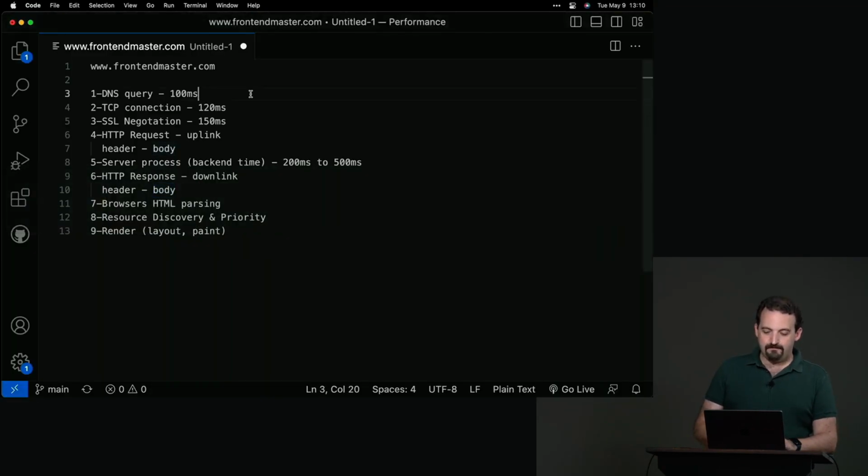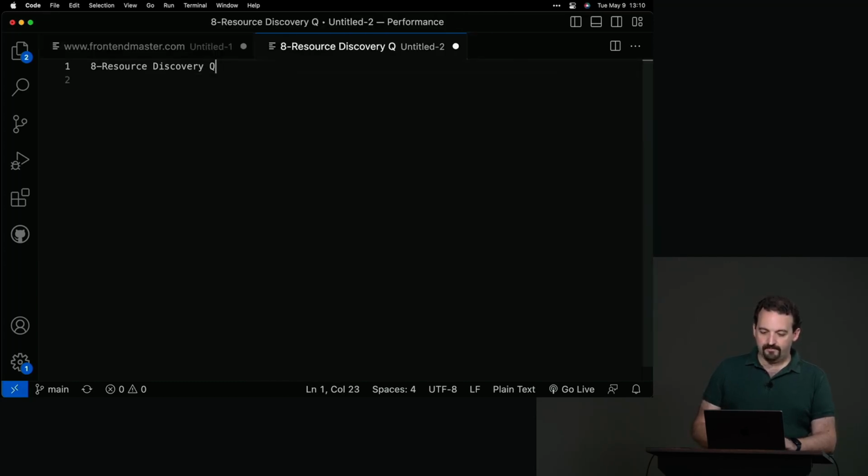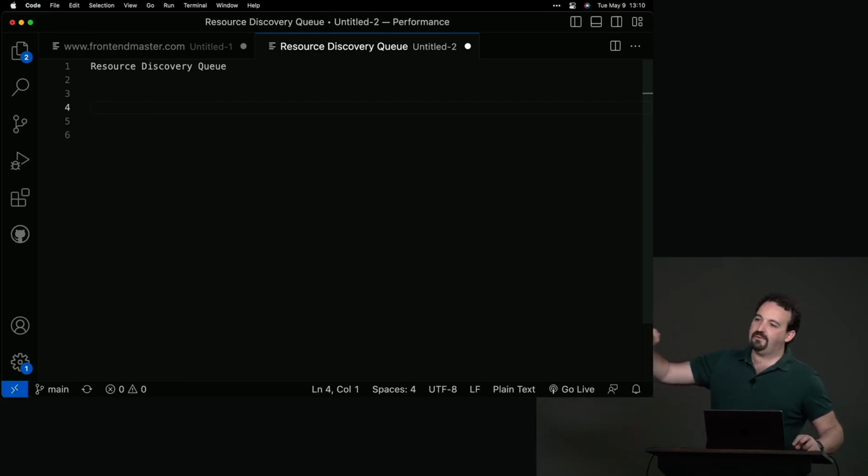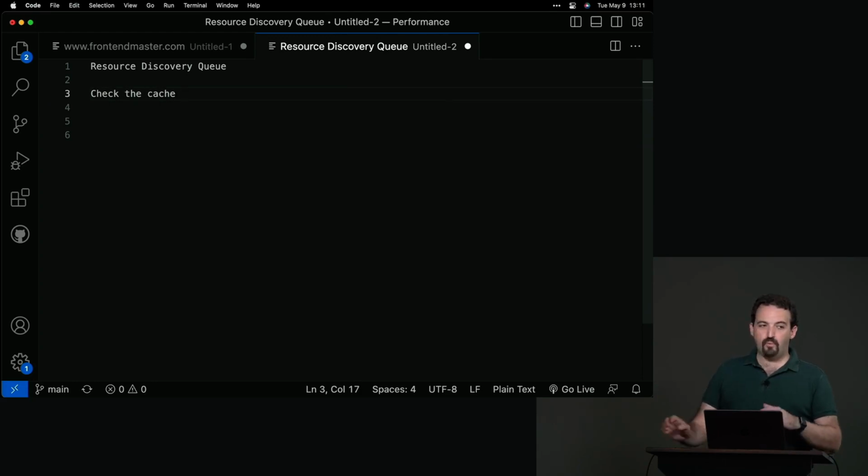Okay, so how does the cache work? Typically we will focus on caching on the resource discovery queue. So we have a resource discovery queue. Now the browser is parsing the HTML, and the browser knows that it needs to download a CSS, an image file, a JSON file, an SVG file. It has a list of elements to be downloaded. So what happens is that in this case, the browser will check the cache